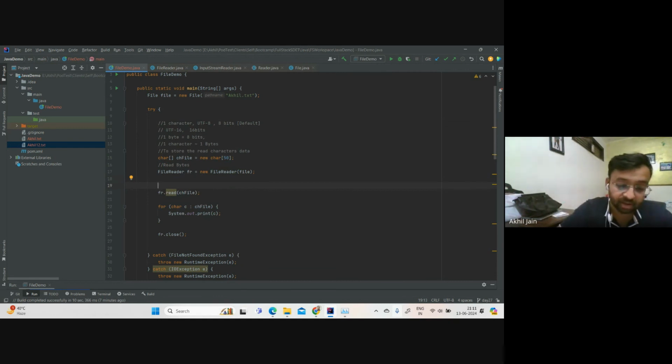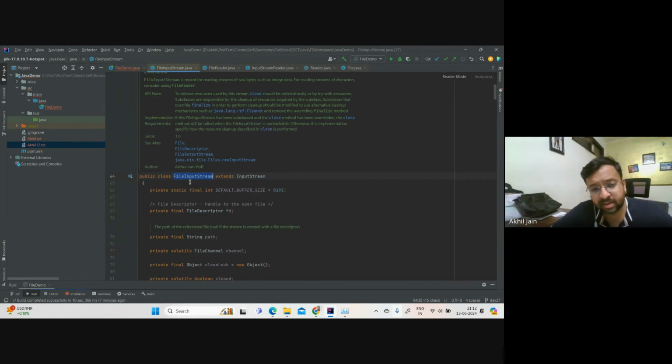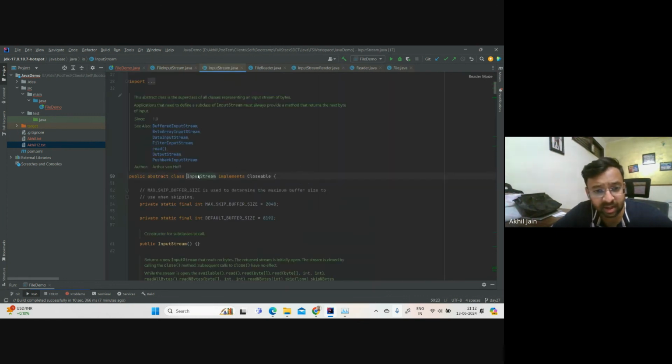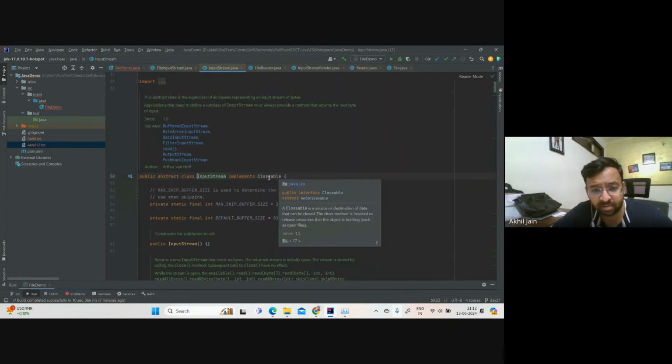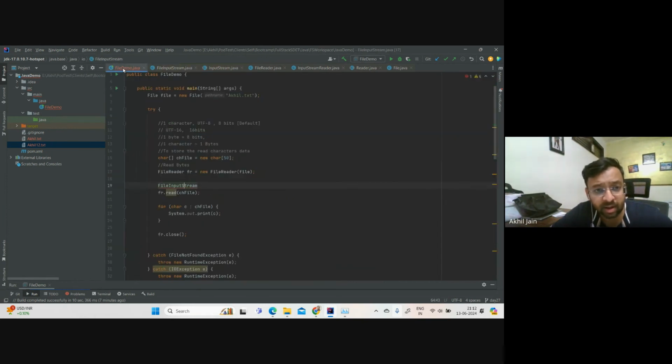There is one more class which we should know, which is file input stream. I always get confused in this part. Just a second. File input stream. Let us look at this class. If you look at it, this class is extending one more class, which is input stream. This class is implementing closeable. Okay, fine. And if you go inside this class,